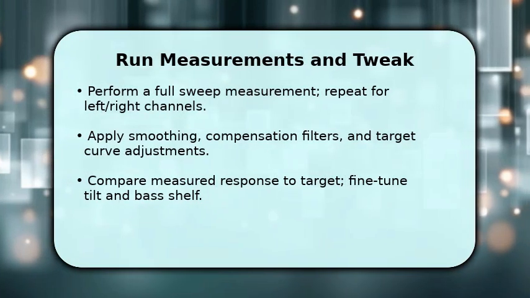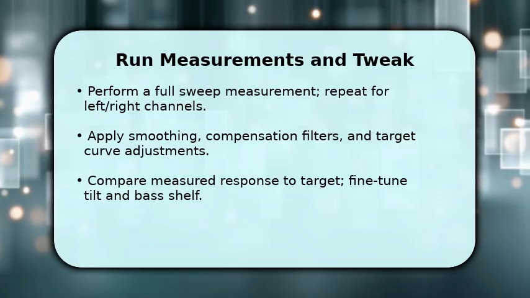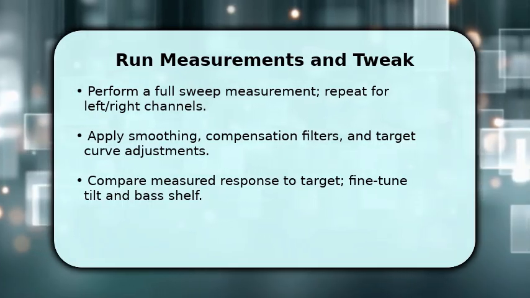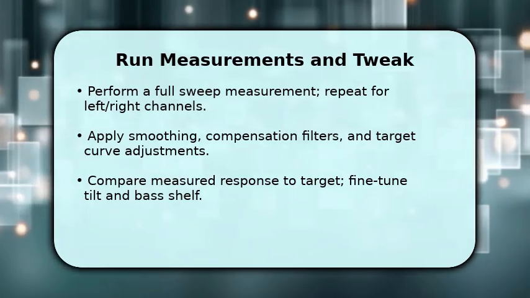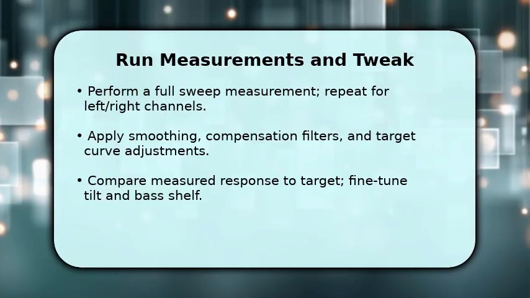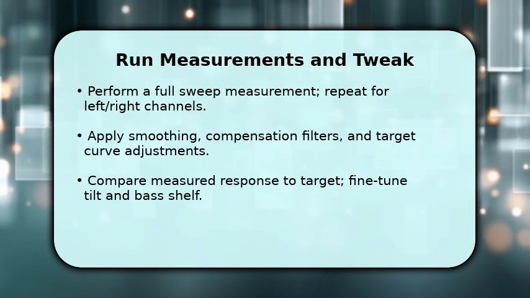You'll now perform the detailed measurement and adjust filters to match the target. Run the full sweep and repeat for both left and right channels, then inspect the measured curve against the chosen target. Apply smoothing and compensation filters to remove anomalous spikes and use tilt or bass shelf controls to correct broad